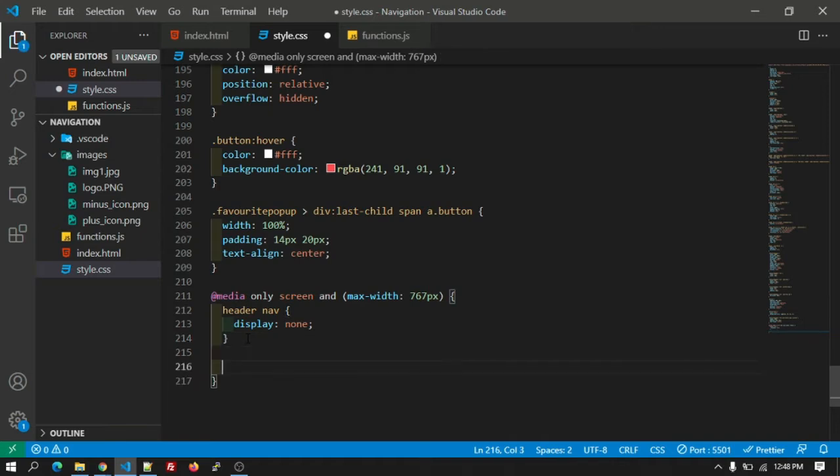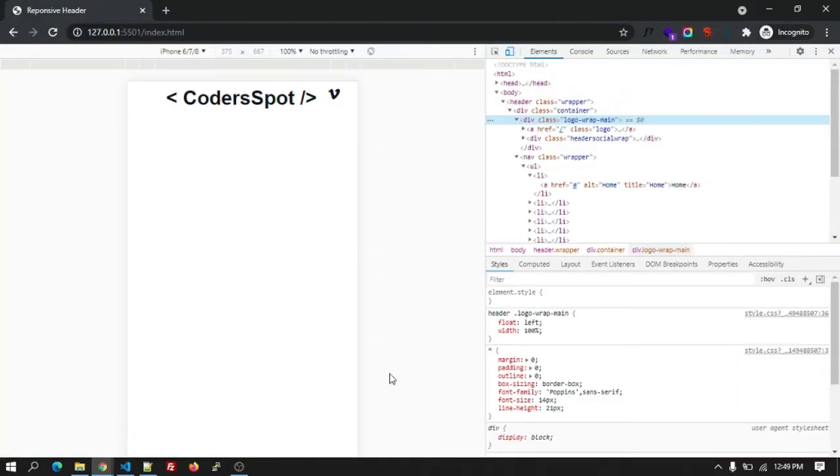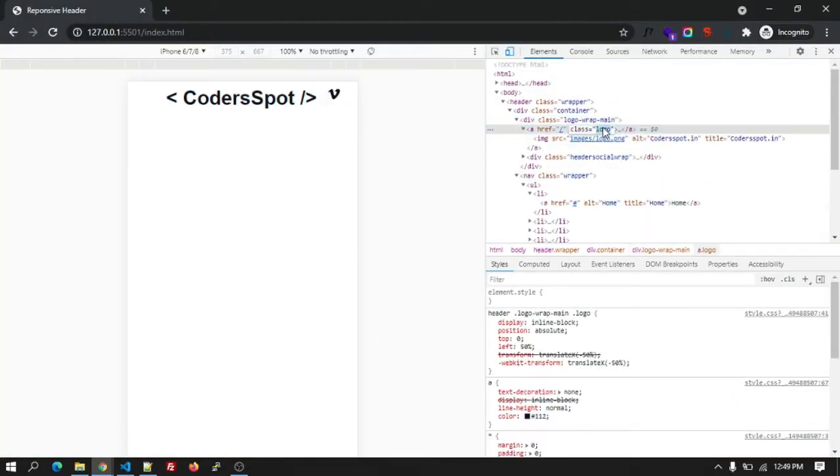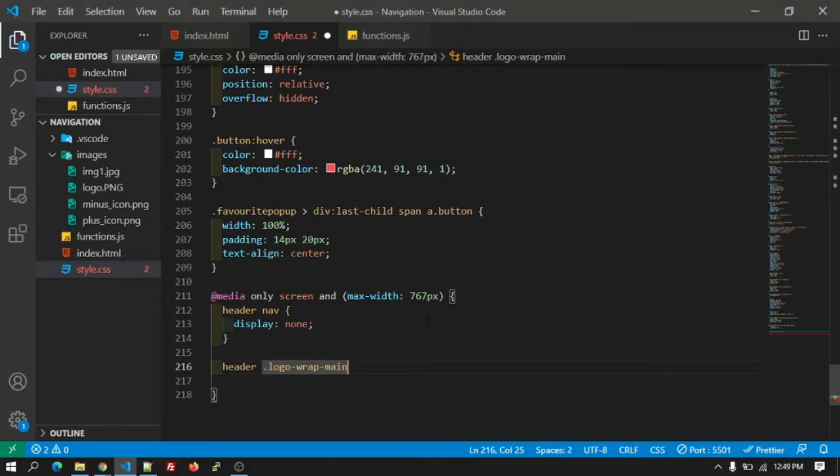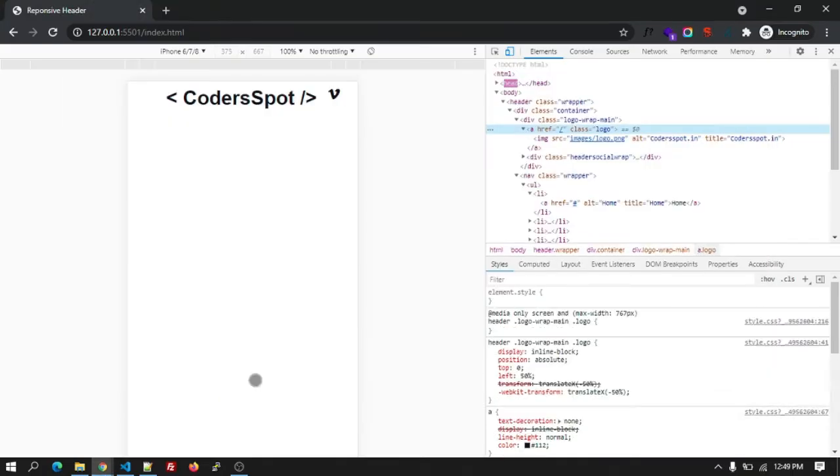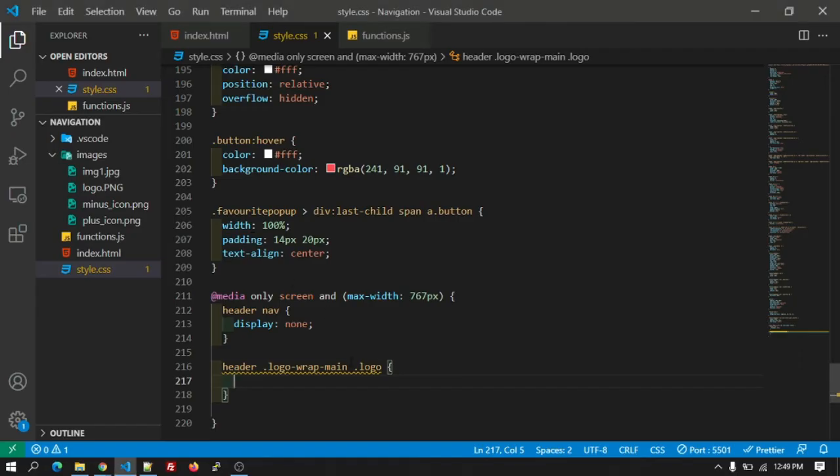Let's copy the class, it's there inside the header, and the class name will be logo. Make sure you add all the parent classes so it will not affect other pages, since in the coming videos we are going to build the entire website.